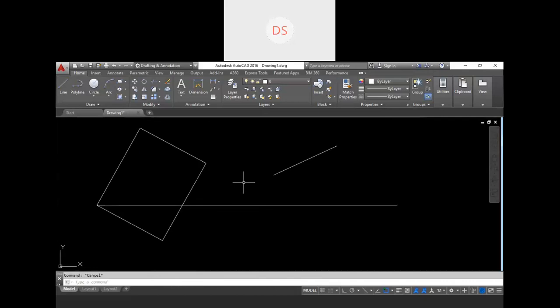Now understand the question first. I want to rotate this rectangle, right? But I don't know this angle, and I don't know this angle also. And what is my requirement? I want to make this rectangle's bottom line parallel with this line, right? That is my requirement. I want both parallel. That means whatever angle this line has, this line must have also, right?